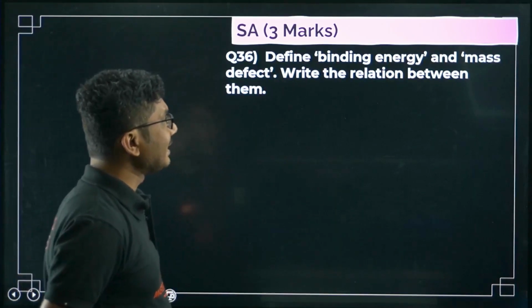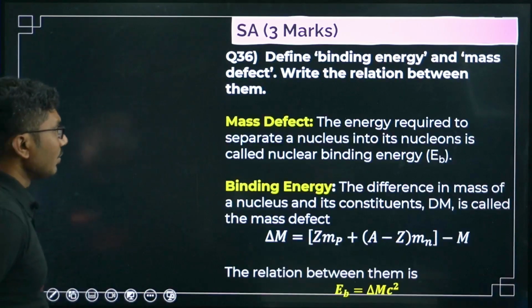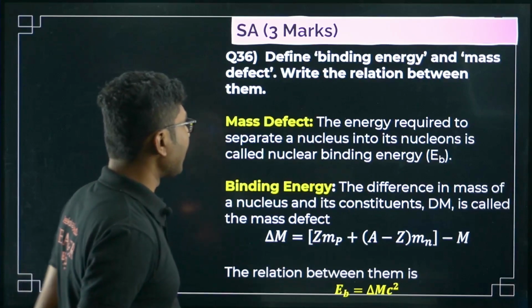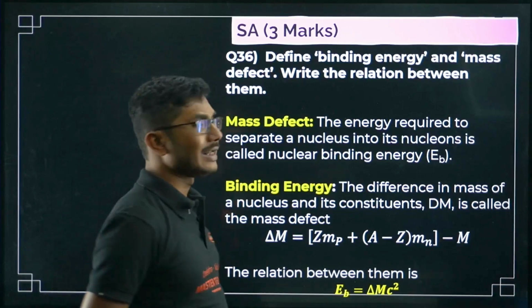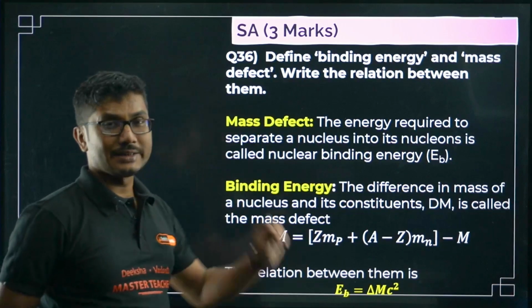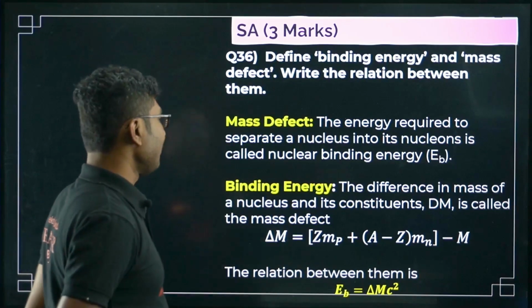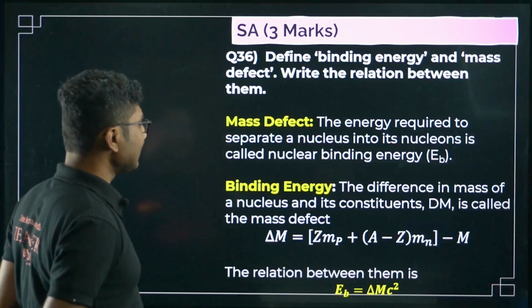Define binding energy and mass defect, and write the relationship between them. Easy question. So the energy required to separate a nucleus into its nucleons is called the nuclear binding energy, EB. So it is the energy that you have to give to the nucleus to make it disperse. Okay, binding energy on the other hand is the difference in mass of the nucleus and its